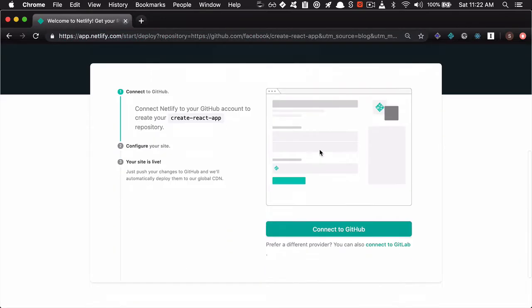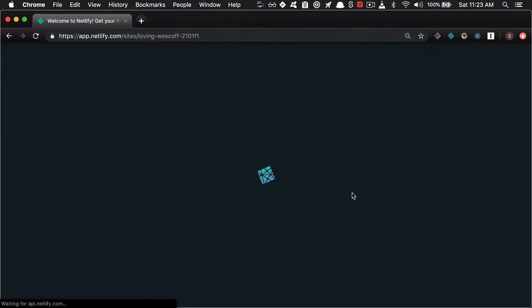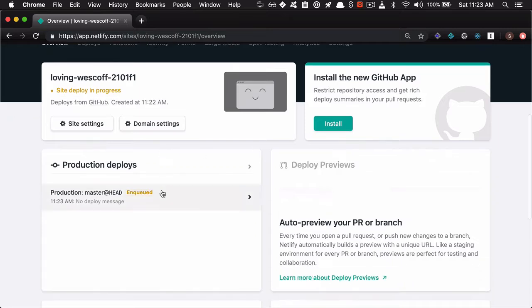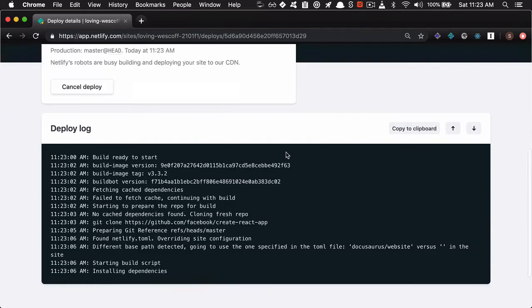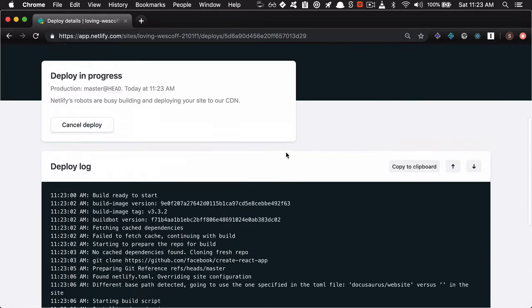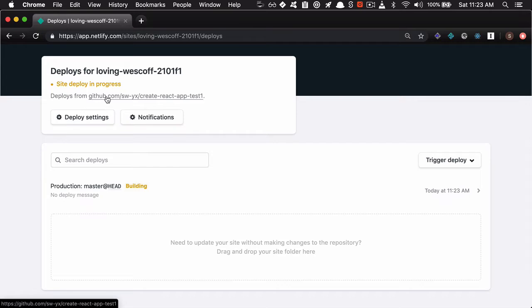It says welcome to Netlify. You connect to GitHub or whatever provider you want. I'm just going to say test one. It says save and deploy, and then it says deploy in progress. So then it's going to start building here, and once it's done, you will have deployed, and also it's created a repo for you